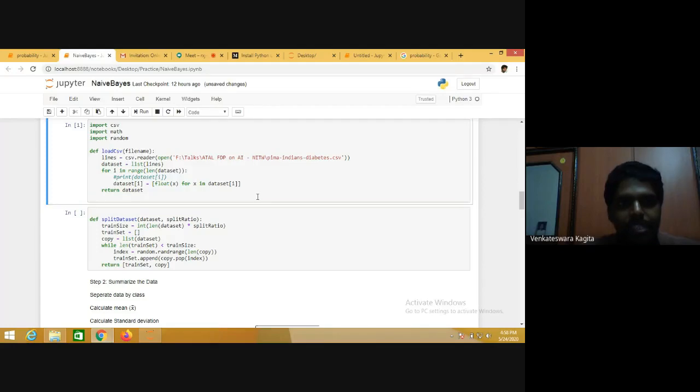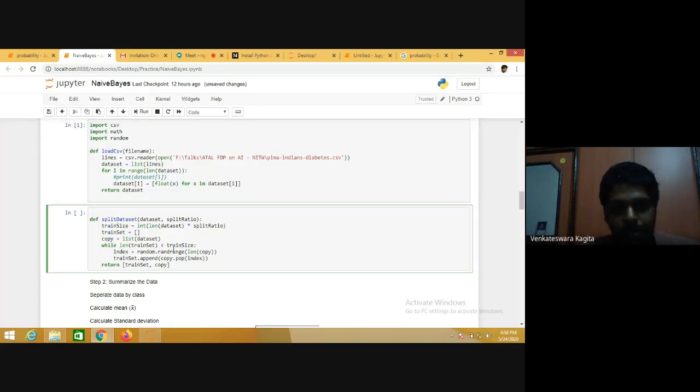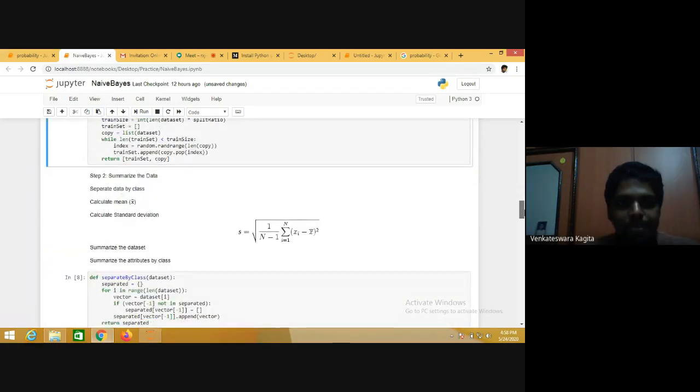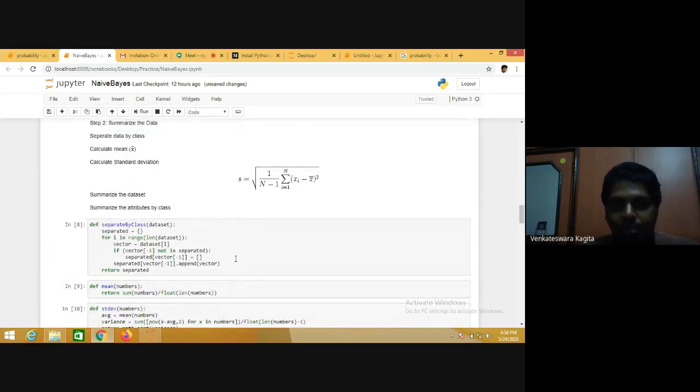Okay, I'm executing this. See how fast it is. Okay, so I am defining each of these functions. We have already explained each of these functions. I'm just defining it. Defining the second function. This is handling the data. Step 2 is summarizing the data. This is the model building.